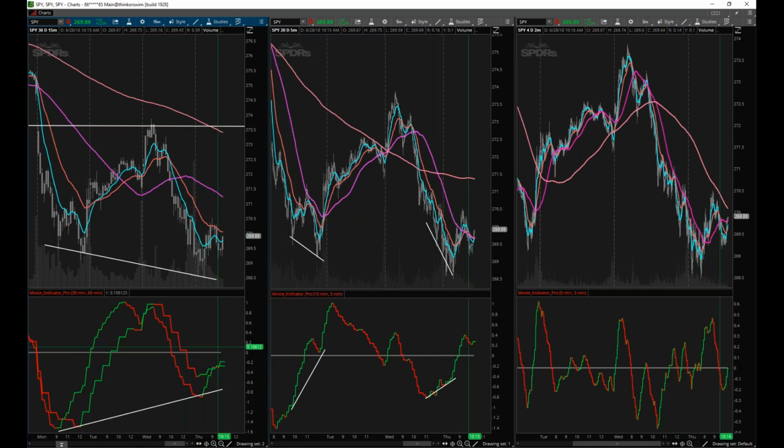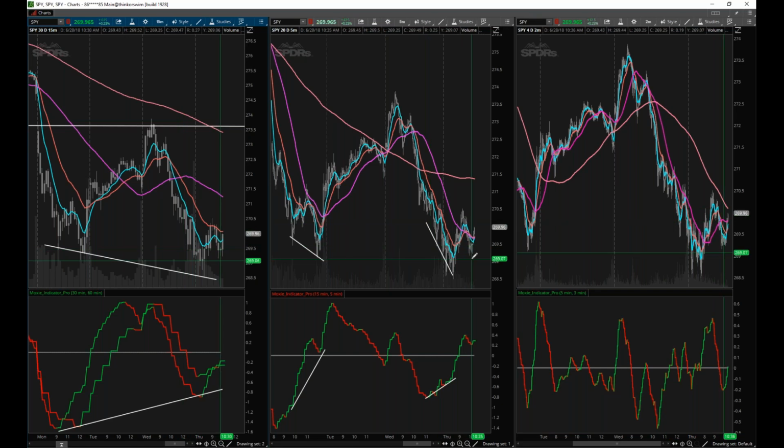This is the kind of stuff that I'm looking for. I hope this helps you with your trading. Let's see if maybe this is the bottom with the S&P, and this is how you watch for those who are day traders, even swing traders, to see this thing start to bottom and turn and come on up.